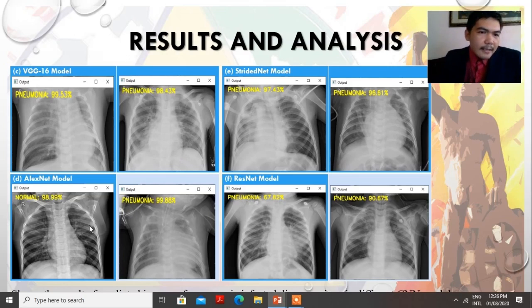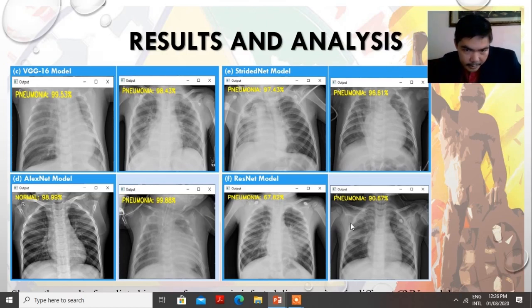it has detected that the image is normal, detected with a grade of 98.99%, and on the next side we have the pneumonia, it is infected with 99.83%. So for the StridedNet model, we have here the sample output during the testing. So pneumonia is detected with 97.43%, and then pneumonia is detected with 96.61%. And for the ResNet model,